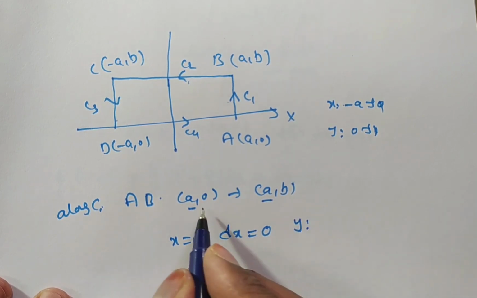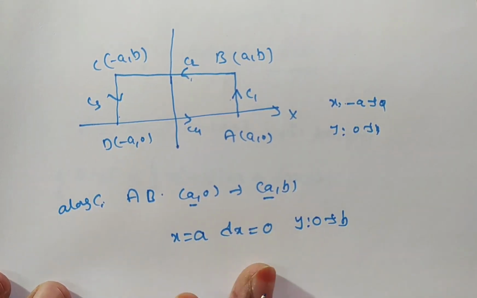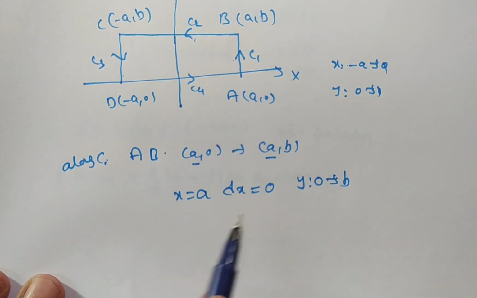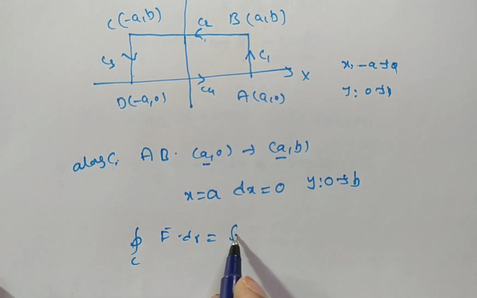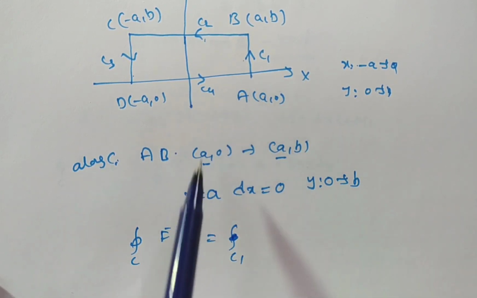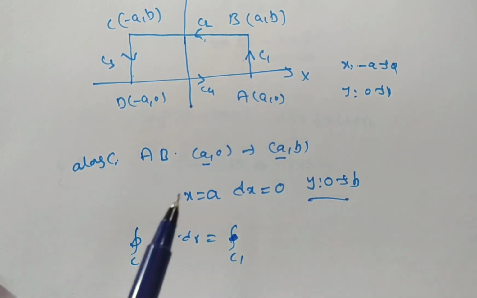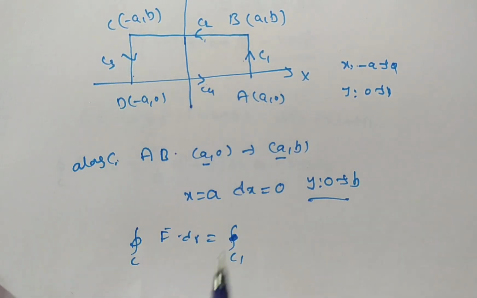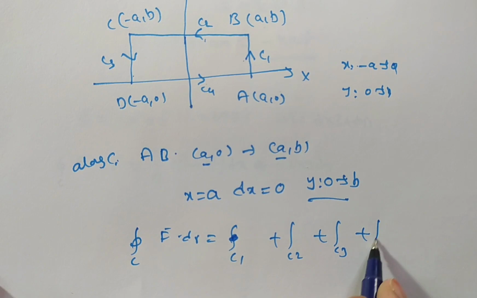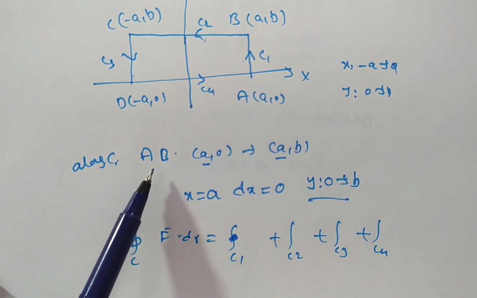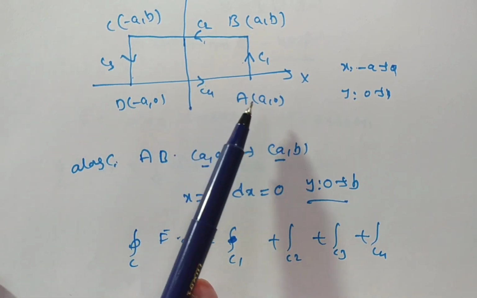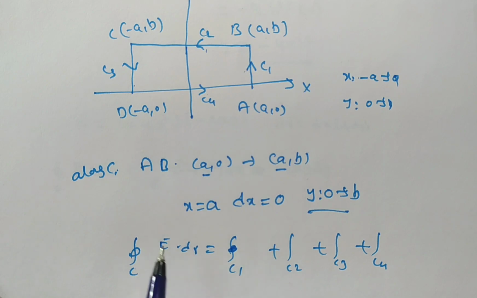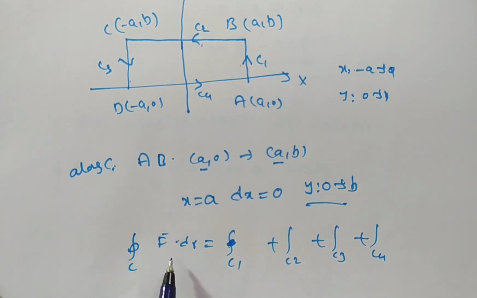Next y is moving from 0 to B. Next AB. So we have to integrate this one. Then in this case, this is the integral over C of f bar dr along the only open curve. You see just the C1 curve, with respect to y we are doing. Similarly, we have to do C2, C3, C4, because for the closed curve you see integral C1 plus integral C2 plus integral C3 plus integral C4. Similarly, AB is completed now, then BC, CD, DA. Next we have to add all these values. Then you will get the final solution, the integral over C of f bar dot dr bar.